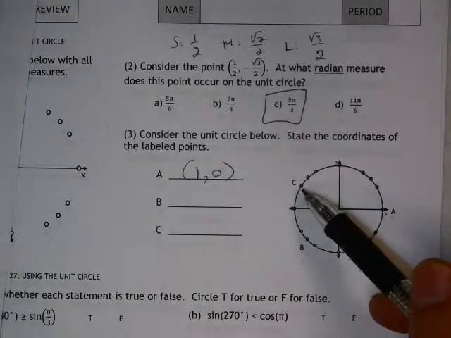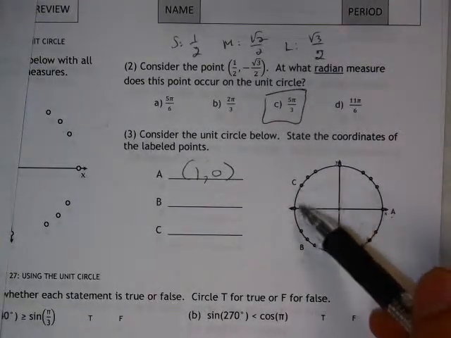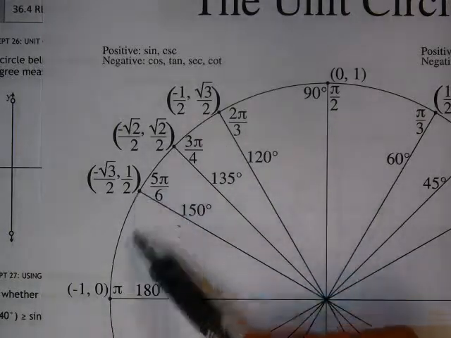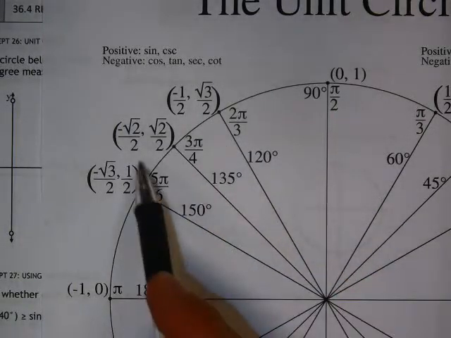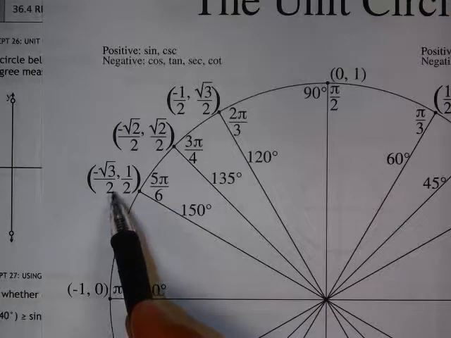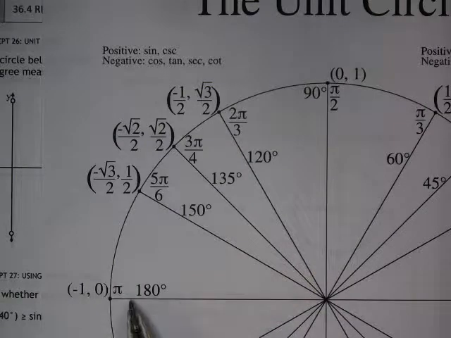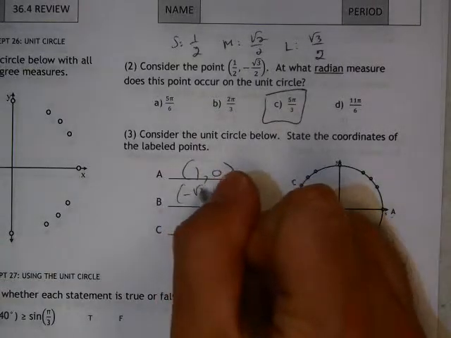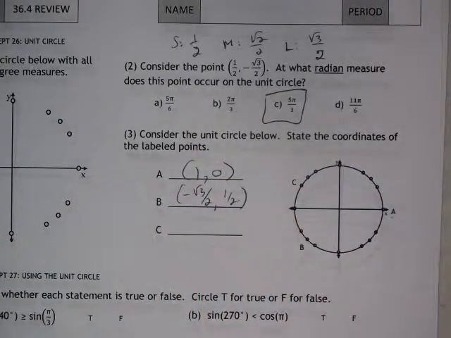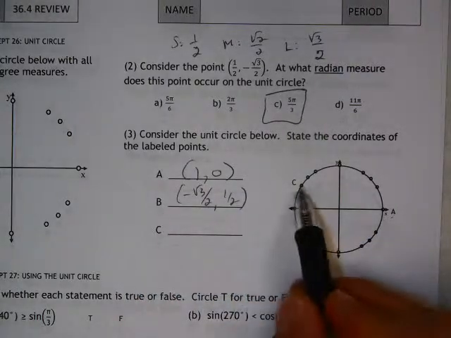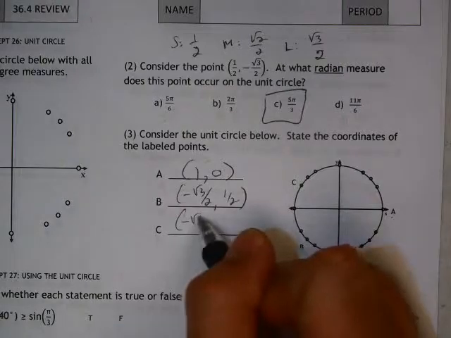Point C, and I'm in the second quadrant, and I'm on this one closest to the x-axis. So there's my second quadrant, closest to the x-axis, which would be this one. So here are my coordinates, negative square root 3 over 2 and 1/2. And remember that that's your longest distance out for the run, shortest distance up for the rise. Negative square root 3 over 2, 1/2. And then, oh, whoops, I had B and C backwards. Sorry, I was looking at C. That should be down here, negative square root 3 over 2,